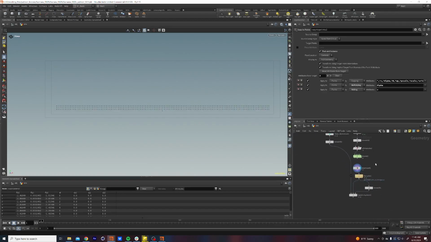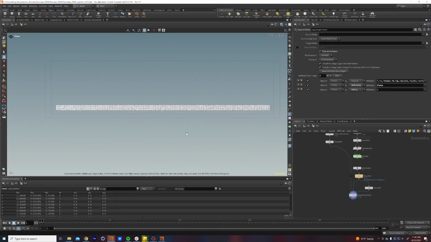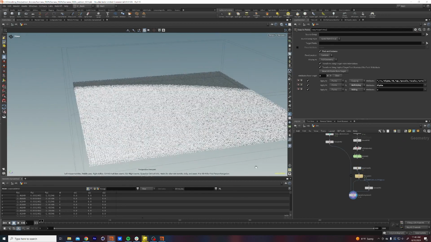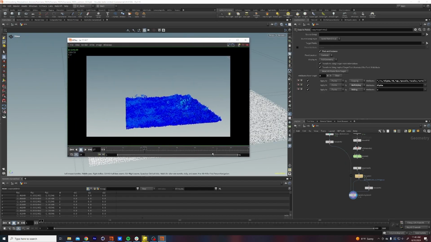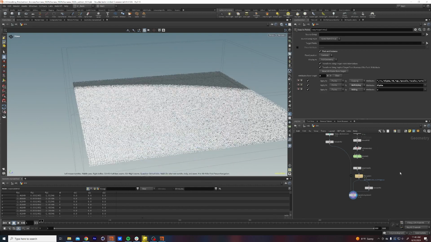Okay, so we can cache that out and come back in a sec. But something else I want to show you. If you notice in my little flipbook here, the advection creates these holes. It's like blowing away a lot of the bananas, and you're kind of seeing through this layer through the bottom. So in order to fix that, or to at least cover it up, something I did, a little trick, was